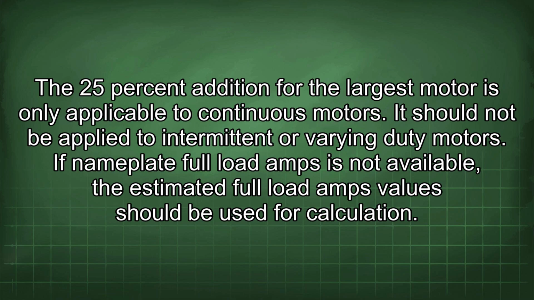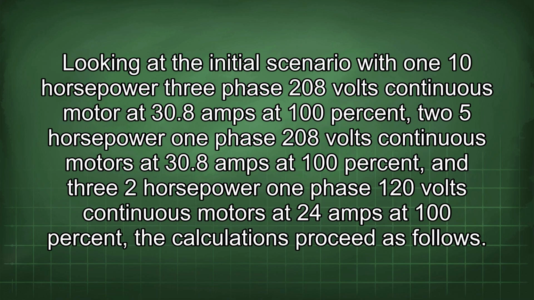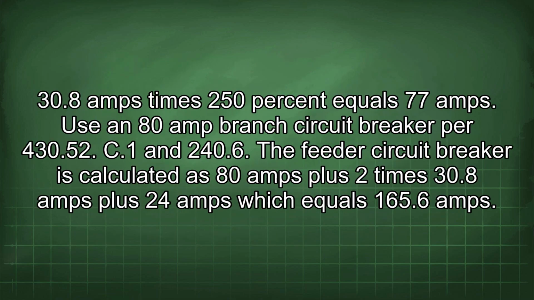If nameplate full load amps is not available, the estimated full load amps value should be used for calculation. Looking at the initial scenario with a 10 horsepower 3-phase 208 volts continuous motor at 30.8 amps at 100%, 2 5 horsepower 1-phase 208 volts continuous motors at 30.8 amps at 100%, and 3 2 horsepower 1-phase 120 volts continuous motors at 24 amps at 100%, the calculations proceed as follows. 30.8 amps times 250% equals 77 amps. Use an 80 amp branch circuit breaker per